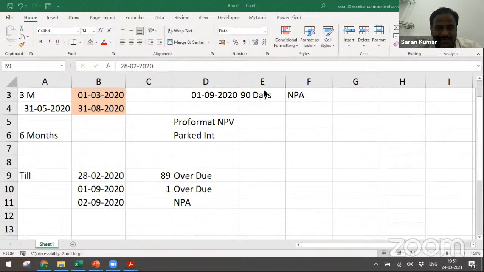I think someone asked me about my take on the Supreme Court judgment. In fact, I started reading many newspapers on this matter since yesterday, but unfortunately no newspaper or YouTube video has given a clear stand on this. I started looking into the annual returns of RBI, SBI and Union Bank for the last quarter 3. They clearly mention the pro forma NPV is this, the normal NPV is this, and so on. But when it comes to how you need to consider it while doing an audit, this is my take.